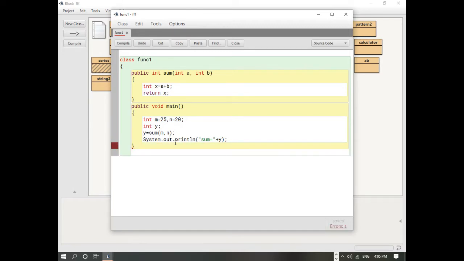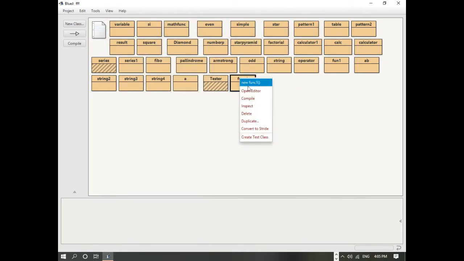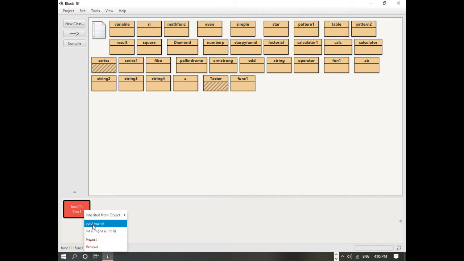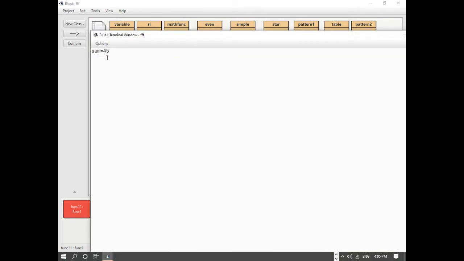So from here we can understand what is actual argument and what is formal argument. So the argument which is passed in the function prototype, this is your formal argument, and the variables which are passed over here in the called function, that is called as the actual argument. So now we will see how to compile this. Here we can see there is no syntax error. We close this and we will see the output of this program. Here we can see that the sum is 45. So this is how we can pass any variable to a function.